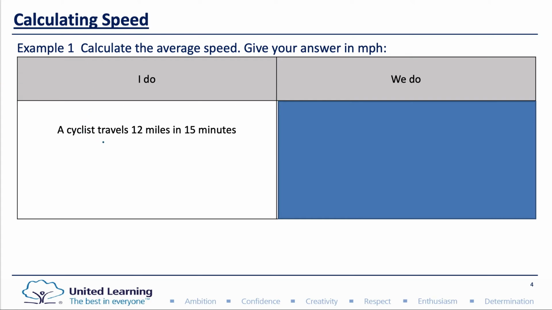Okay, let's try the next one. We now have a cyclist traveling 12 miles in 15 minutes. Oh, but take a look. This is exactly what I said earlier. It wants our answer to be in miles per hour. The issue here is that our unit of time is in minutes. So step one, we actually have to do a conversion before we can apply that triangle we did in the last question. So I guess the first thing we have to think about is 15 minutes is equivalent